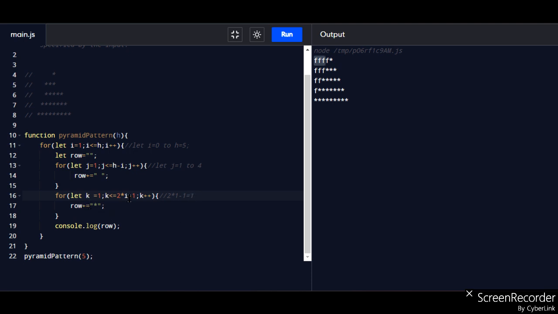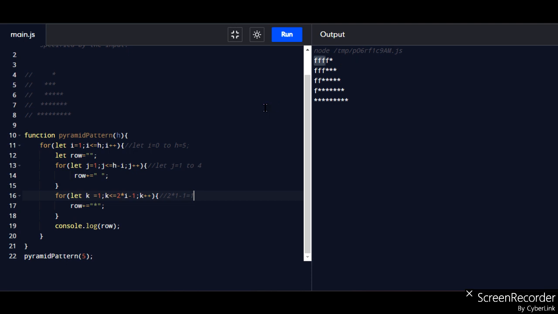So it will run one time only and print the star, that is only one star is printed here, you can see that. So now you get it how the code works.